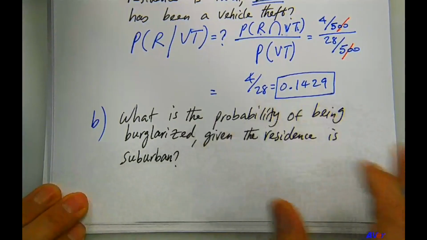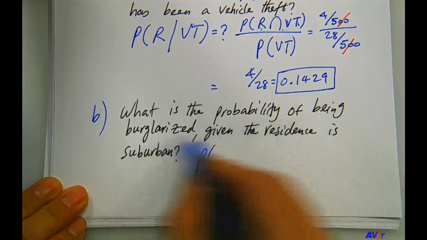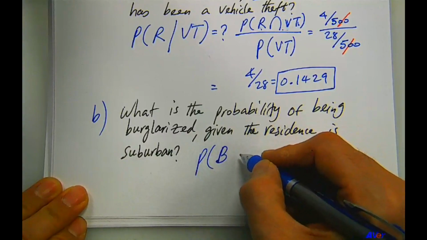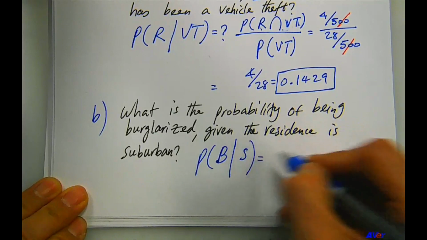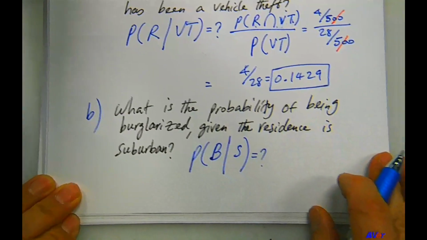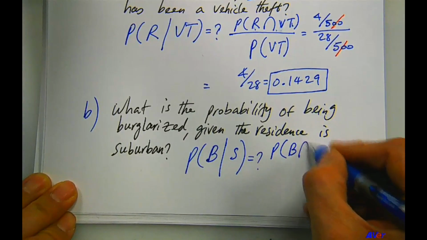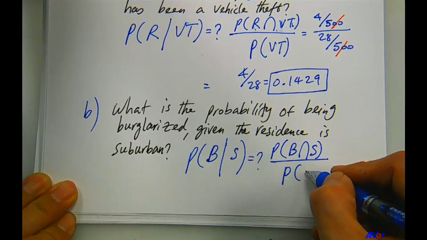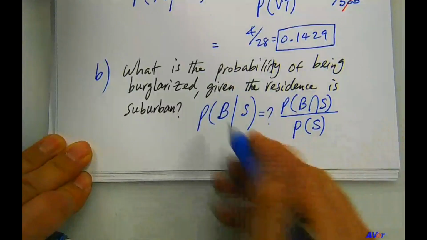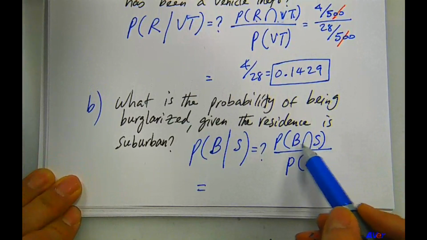So I'm assuming you've done that. So the probability of being burglarized given that the residence is suburban. So that's the question before us. And let's complete the formula. Probability of being burglarized in a suburban area divided by probability of being a victim of crime in a suburban area. All right? Okay, so let me scroll this down so we can look at what the data says